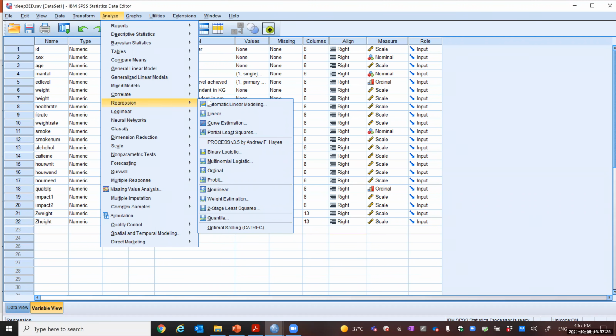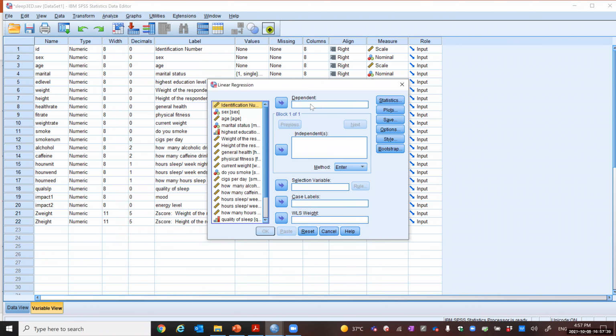After regression, you will click here on linear. Okay. Now here you have 2 boxes. The first one is the dependent variable and the other one is the independent variable. Now, for example, as I just mentioned,